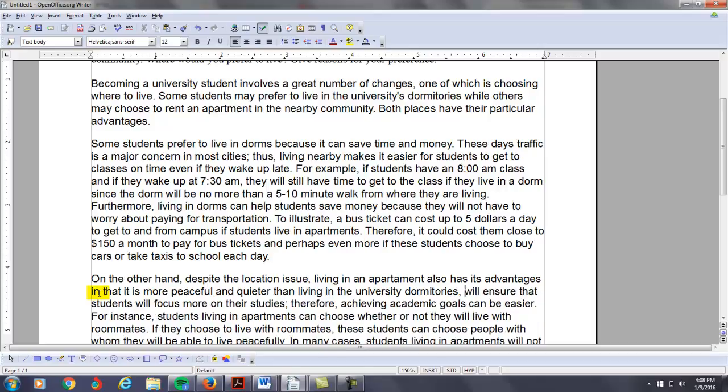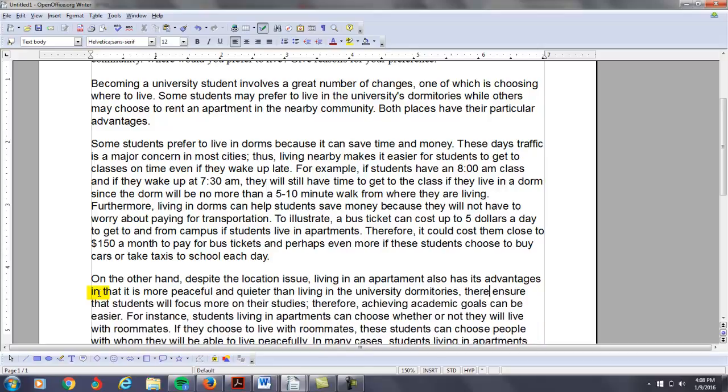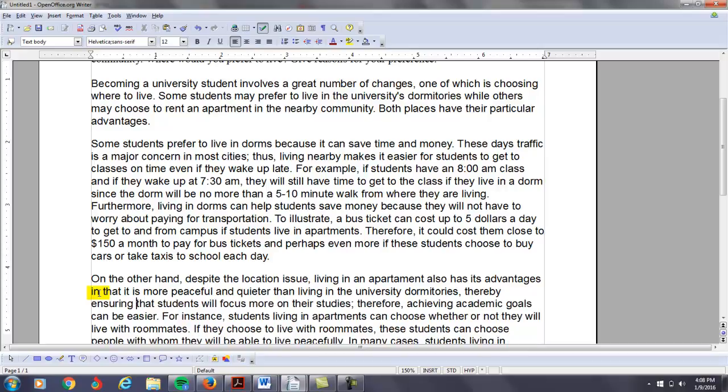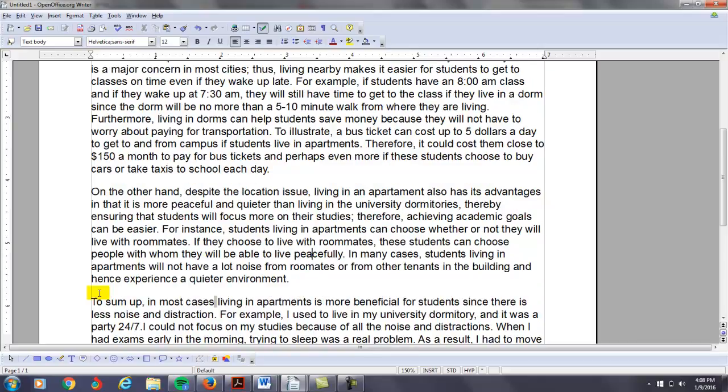I think this is a little awkward. Let's give you a little bit more advanced grammar, make this a participle, thereby ensuring that students will focus more on their studies. Therefore, achieving academic goals can be easier. For instance, students living in apartments can choose whether or not they will live with roommates. If they choose to live with roommates, these students can choose people with whom they will be able to live